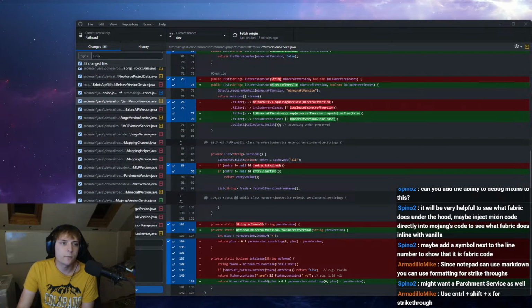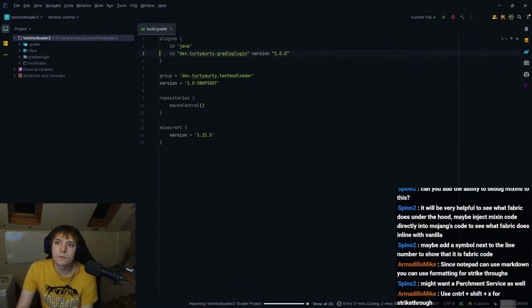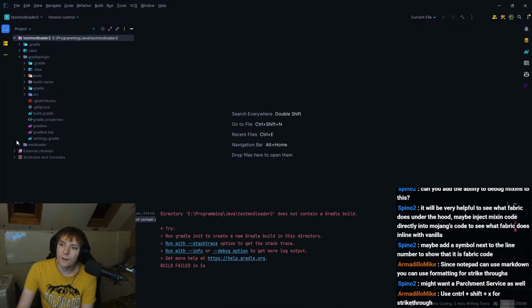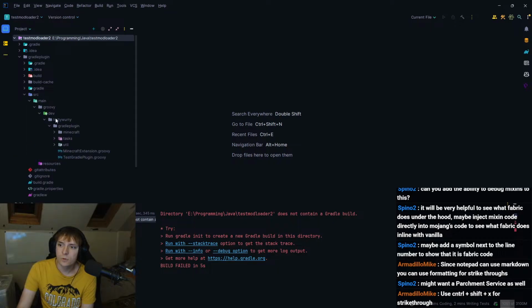Let me just quickly have a look if I can find it in IntelliJ. Yes, I found it. So here it is. This doesn't look right. Is this right? Of course. Oh, it's in Groovy. Okay.